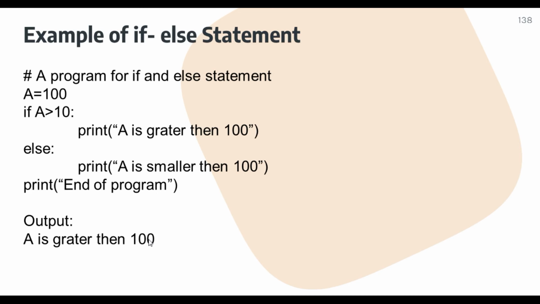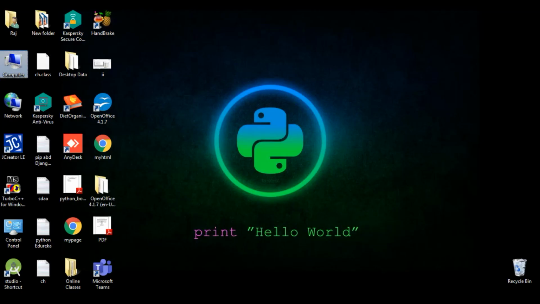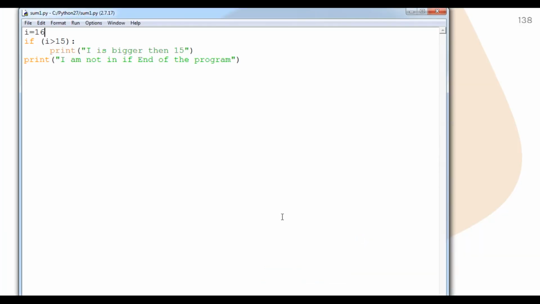So I can show you here. I am going to do one program, student. Here a equals 100, if condition within round bracket, if a is greater than 10.